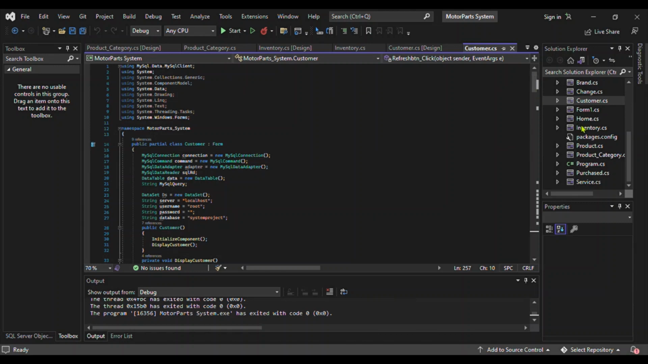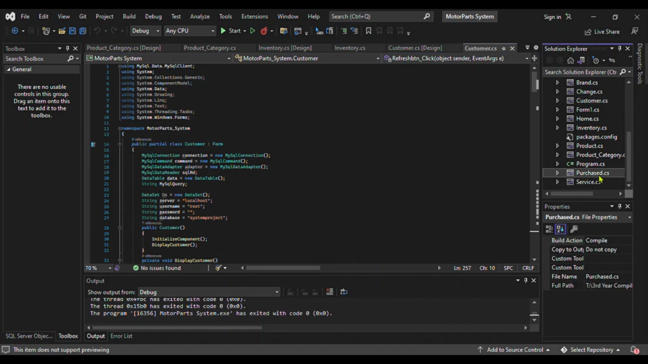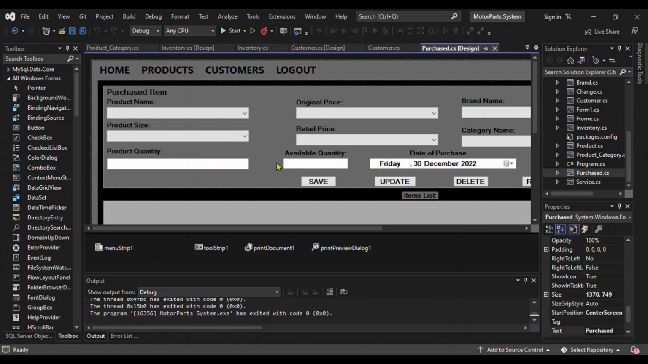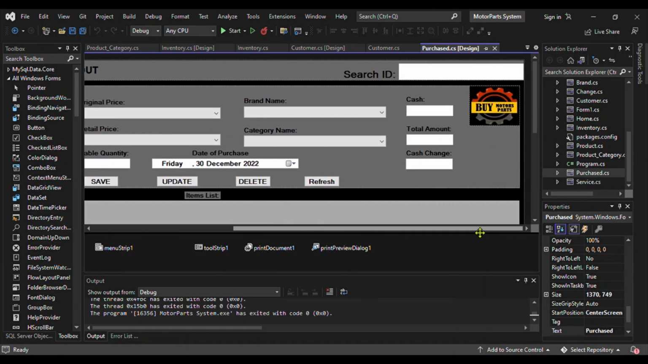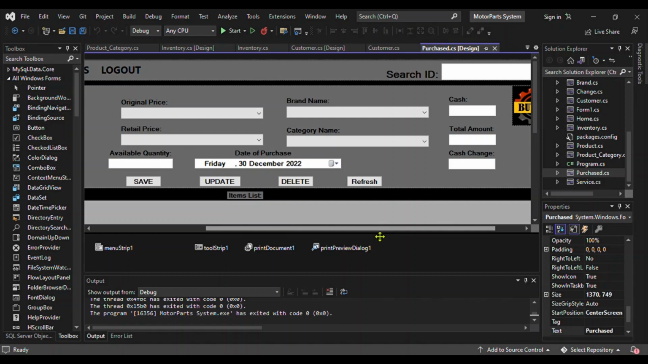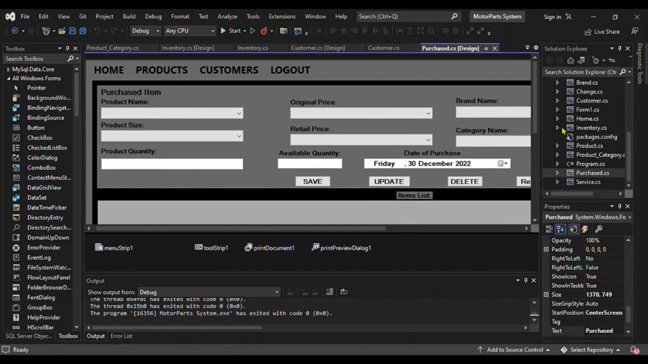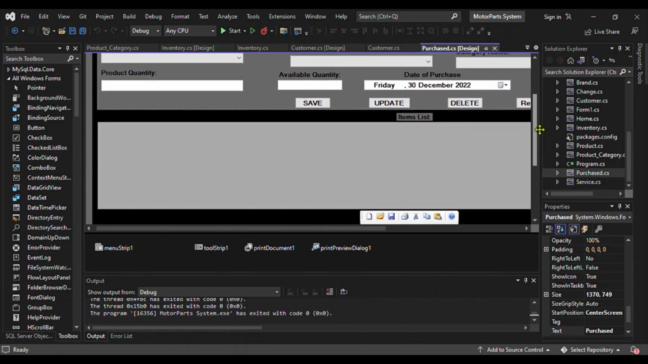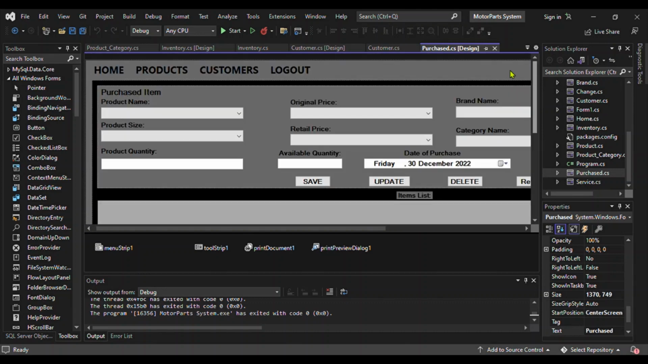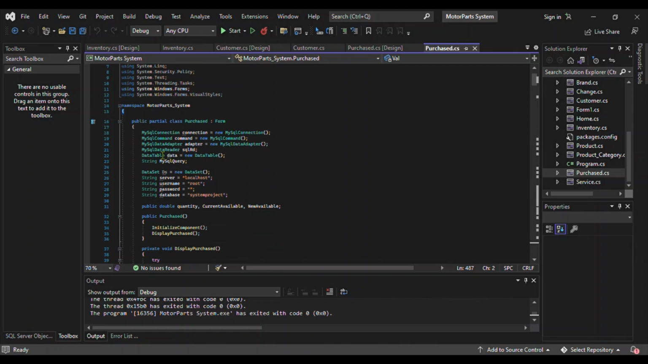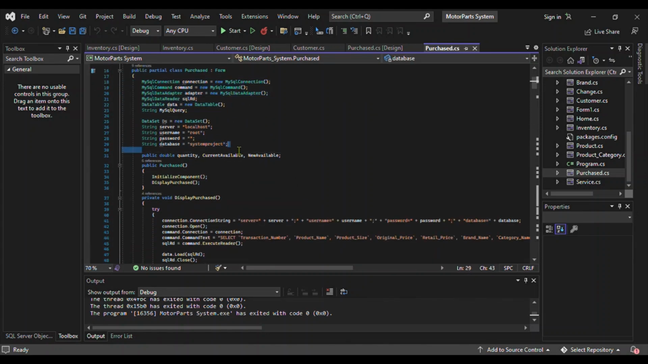And then next part is the purchase, which we have right here. So this is the purchase interface. This is the connection between the owner and the customer. So let's view the code. So right here we have the connection in our database, the name of our database, system project,